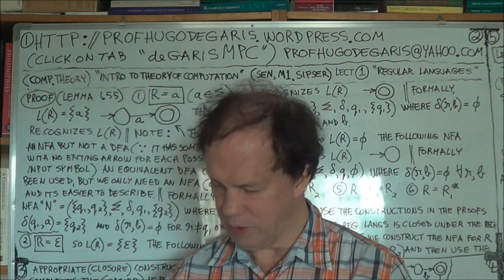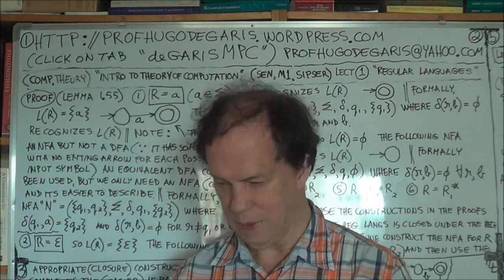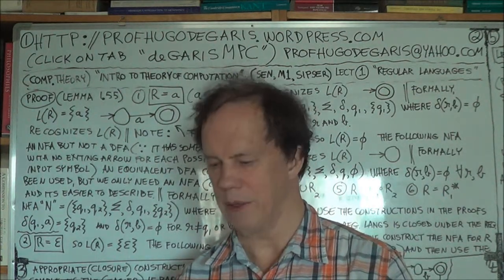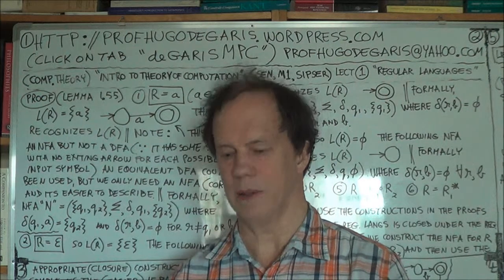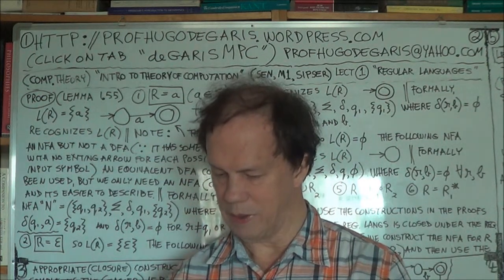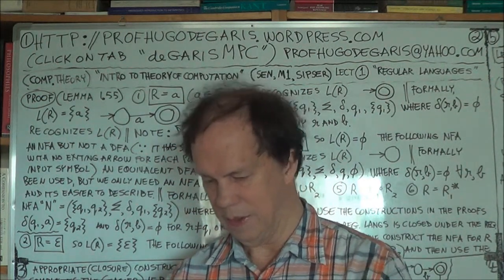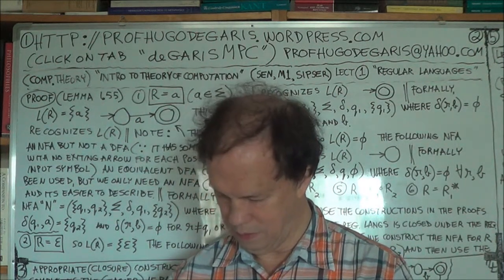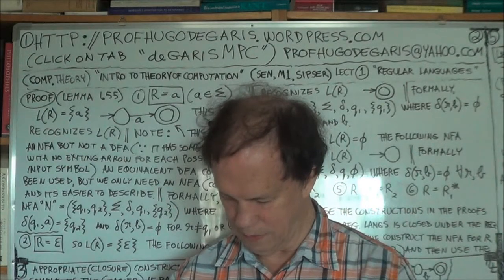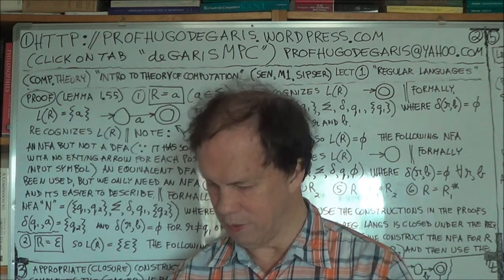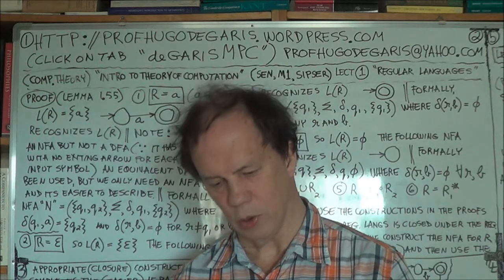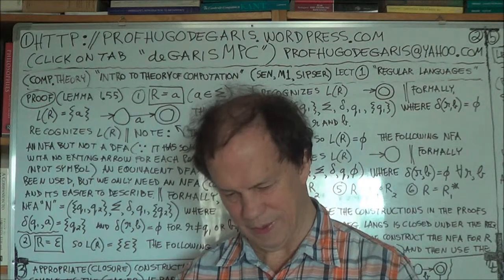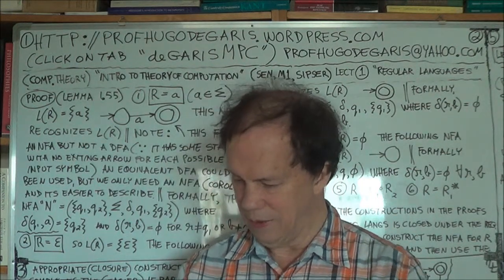Okay. Now we're doing the if part first, and Sipser made the if part a lemma. He also made the only if part a lemma. So the if part's lemma 1.55, and the only if part, he will make that lemma 1.60. Now remember, he's using global ordering, so he's got various examples in between the two lemmas, and they have their own numbering. Okay, so